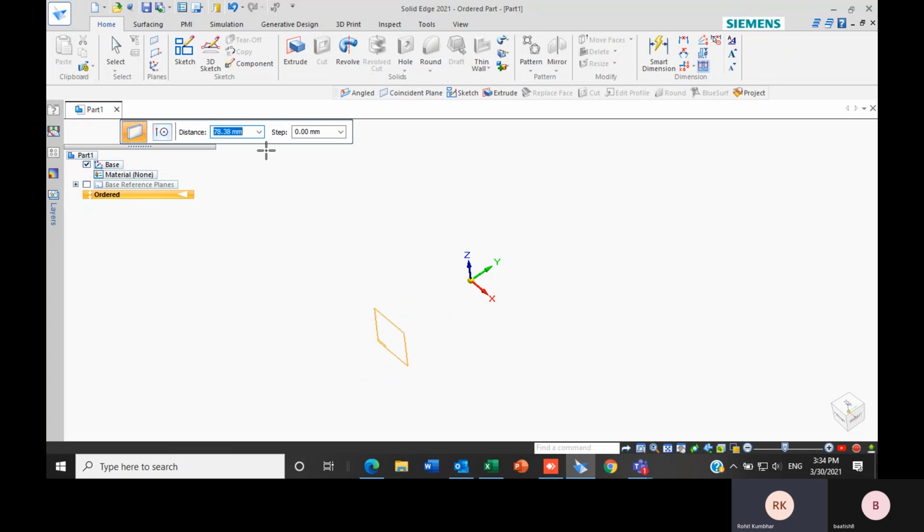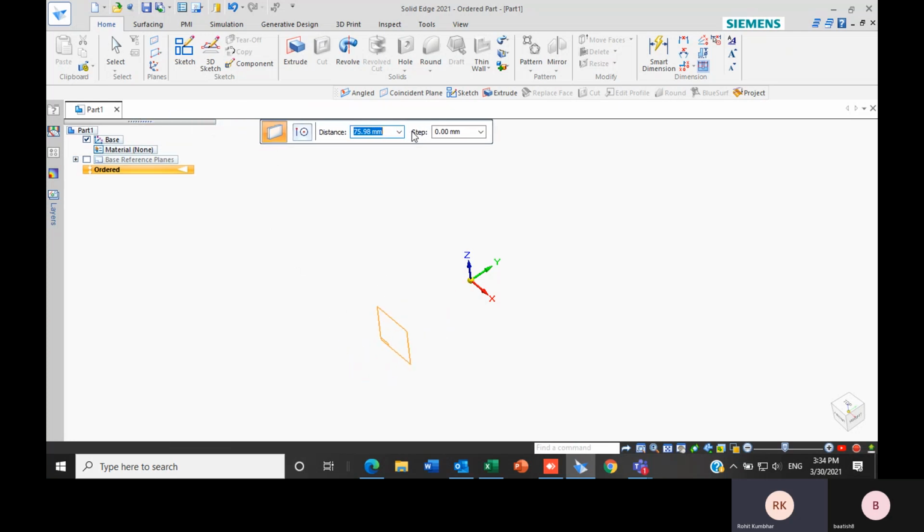Here you can see the command bar for it. I just have to specify the distance, and at that distance the plane will be created, let's say 50, and then left click. So at 50 distance, the parallel plane will get created. This is about the parallel plane.